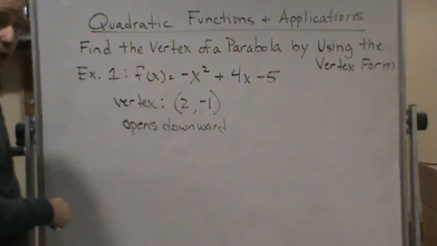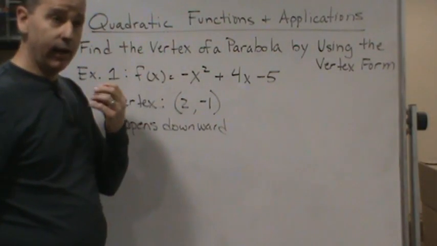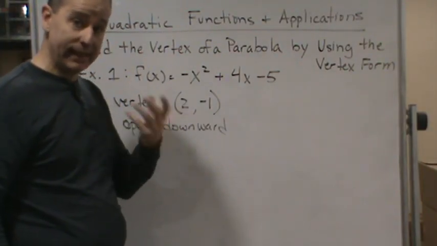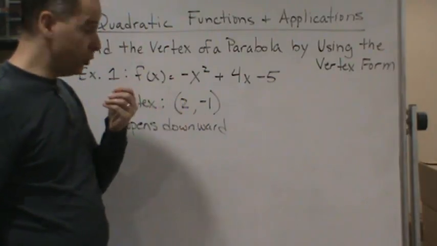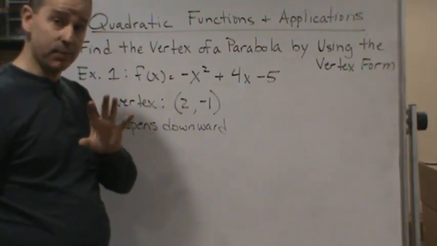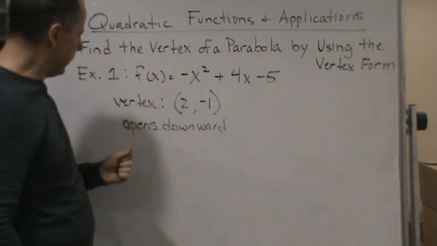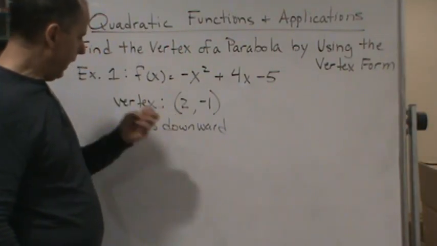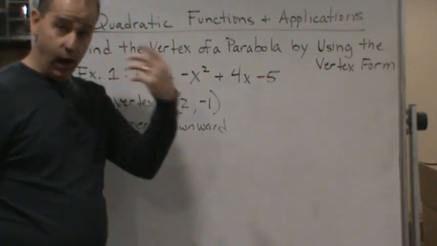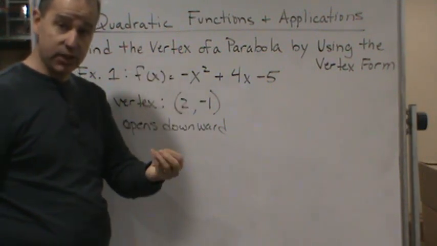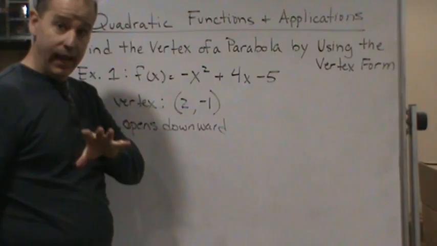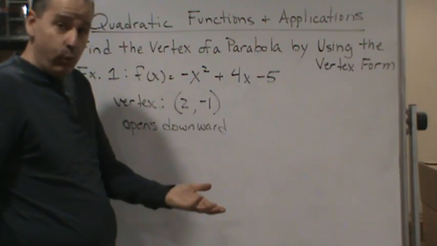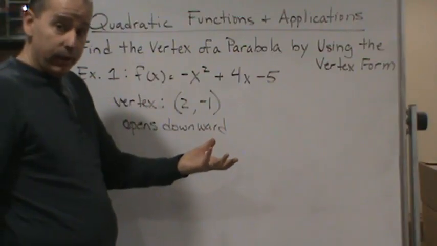So if you're always observant and you always think about things, you can save yourself some work and some time by realizing, okay, the vertex is here, it opens downward. The first question: are there any x-intercepts, right? That's the easiest way to determine whether there are or not, and see whether the parabola will